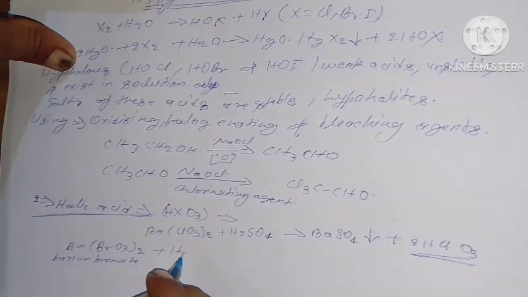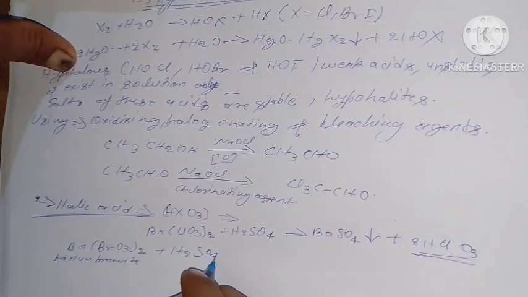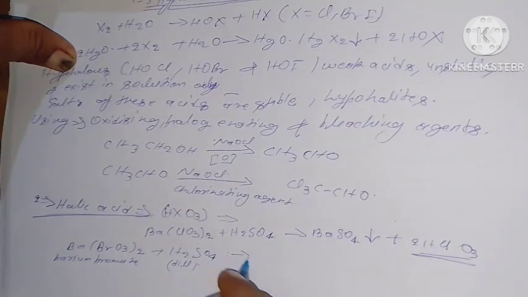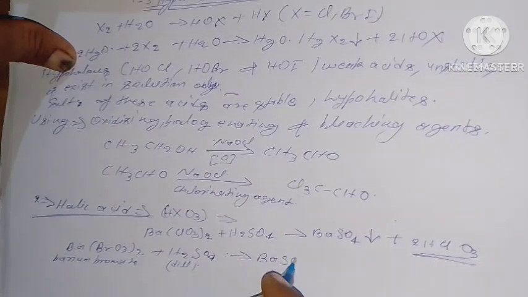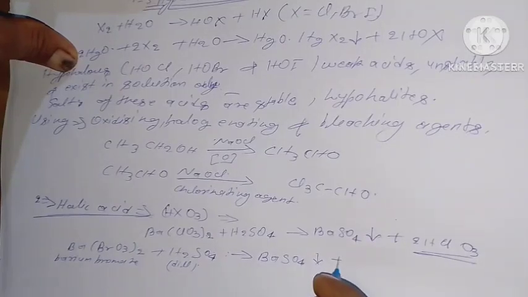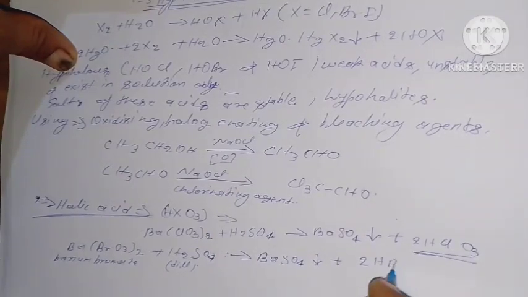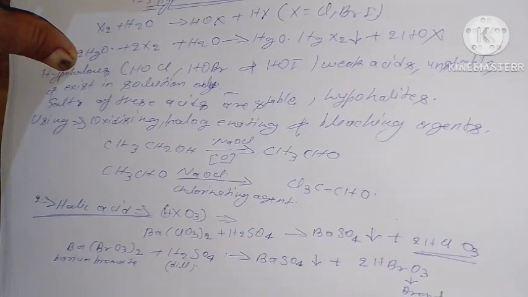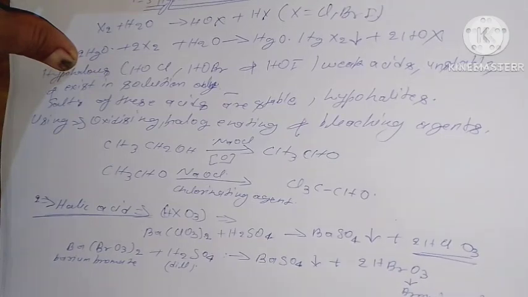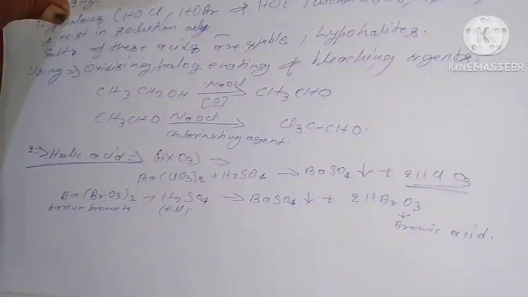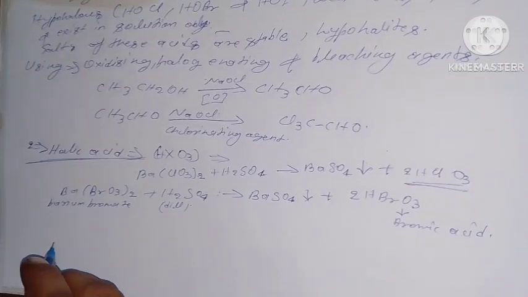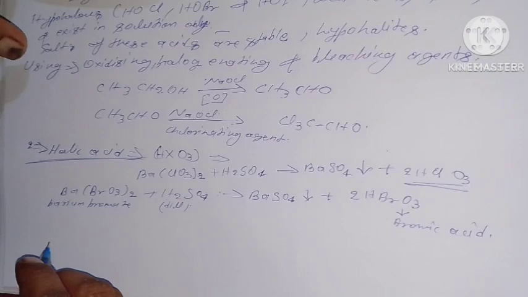And plus dilute H2SO4, that makes barium sulfate plus 2HBrO3. This is bromic acid. Okay. And iodic acid is prepared by boiling iodine with 10 times its weight of